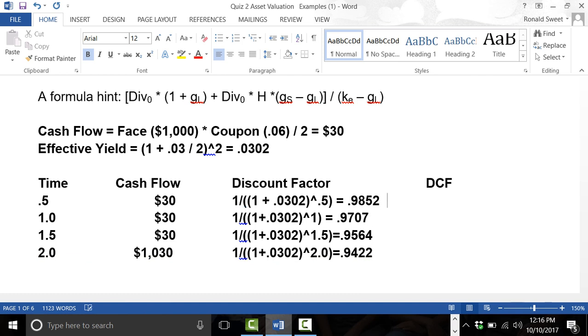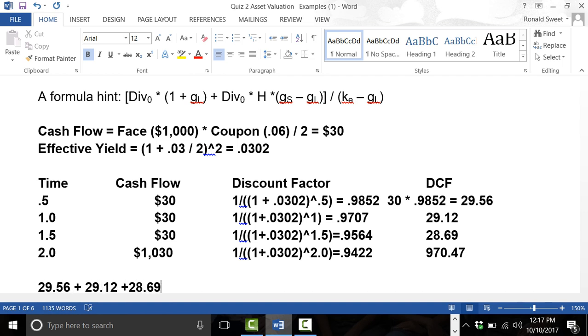So when you multiply that across, $30 times 0.9852 equals 29.56. The next one gives you 29.12. The next one gives you 28.69, and then the last one gives you 970.47. And you add all those together, and you end up at 29.56 plus 29.12 plus 28.69 plus 970.47. That gives you the price of the bond,